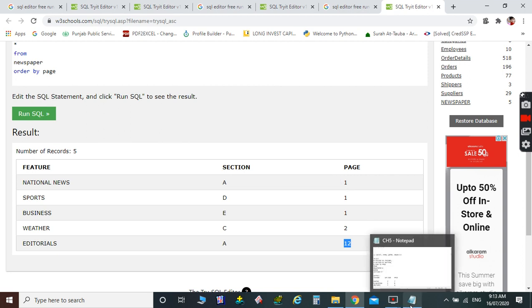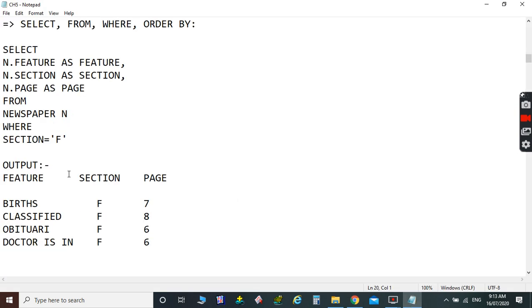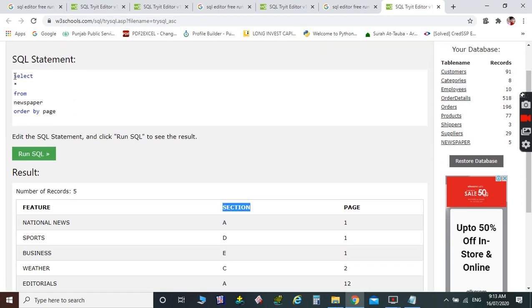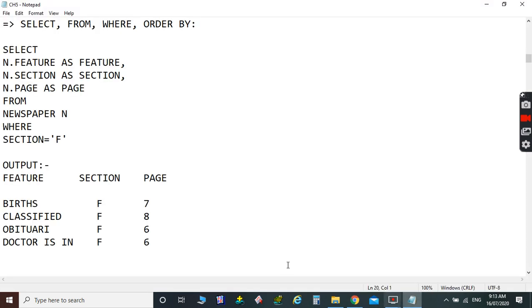So another query we will type is the equal query, to find specific data in a column. So I select section. Here we start the query. Type select star, all the table with data inserted, to select the data. From, enter the table name newspaper, space, enter, type the query.